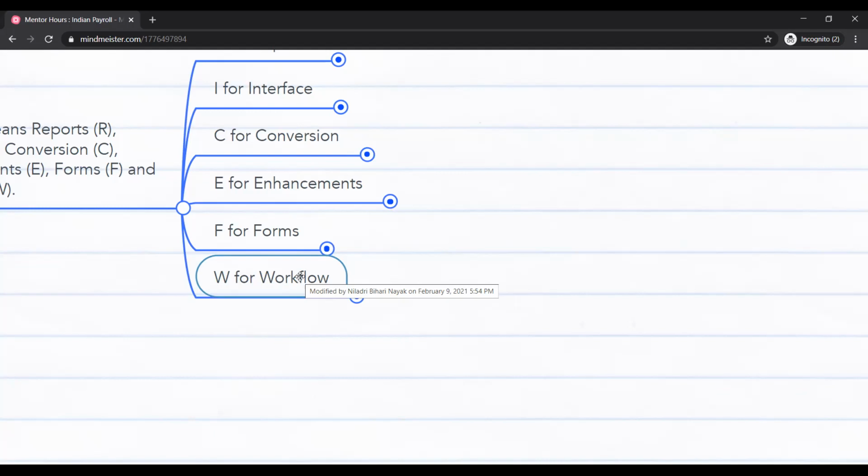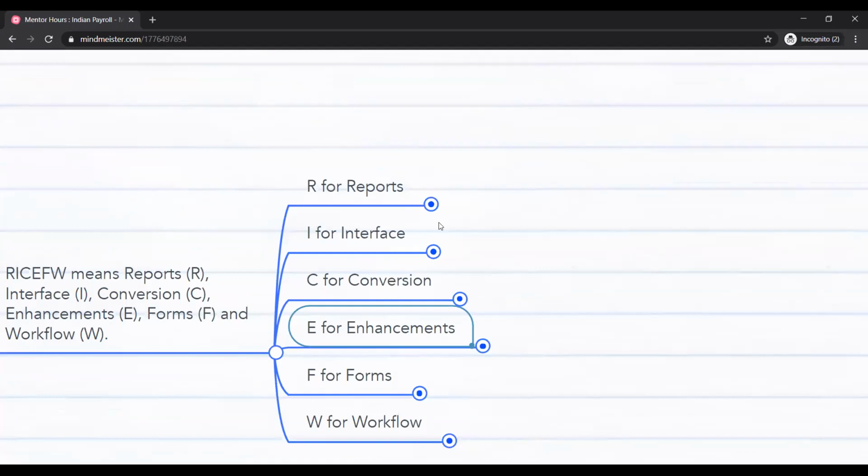Who will get the notification? There are standard configurations we have seen in ESS and MSS, but on top of that, if any changes or customization is required, then we check the custom options. There are many other options we have. So this is the concept of the RICEFW objects.